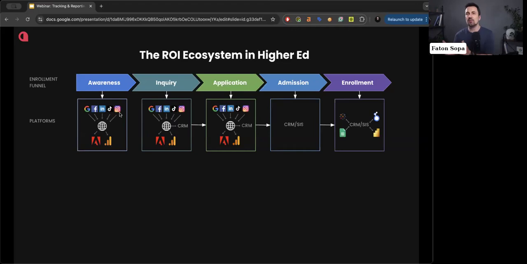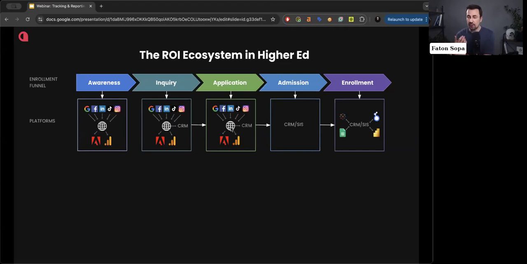And sometimes this is where things get broken. The same happens during the application stage as well. If the inquiry and application stages are not communicating with each other through the CRM, chances are you're going to have a broken funnel at the end of the day.